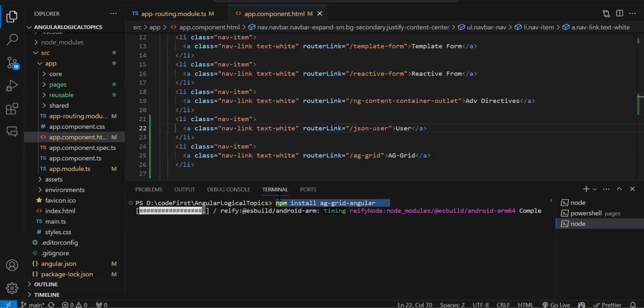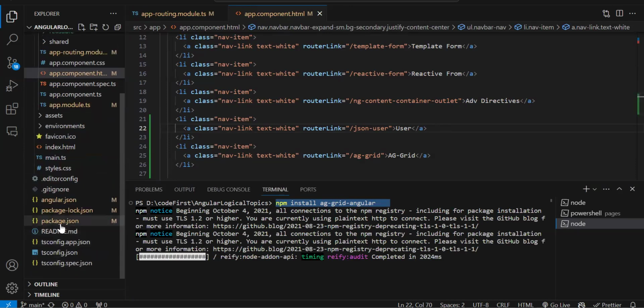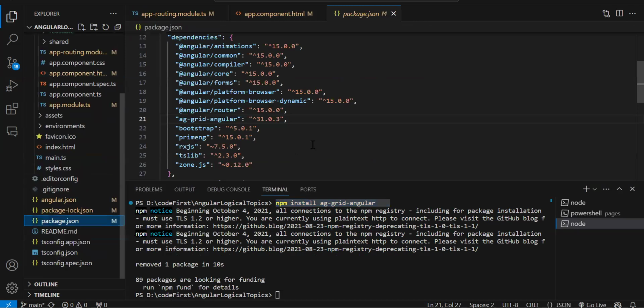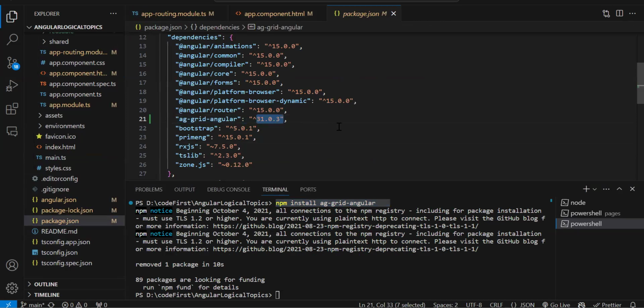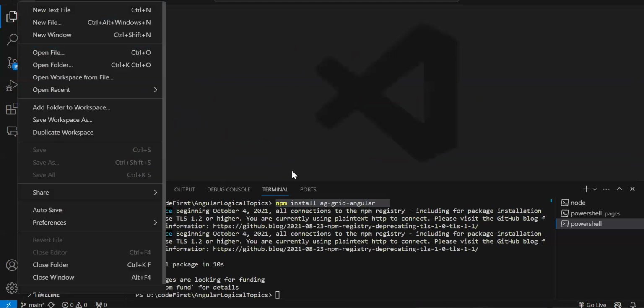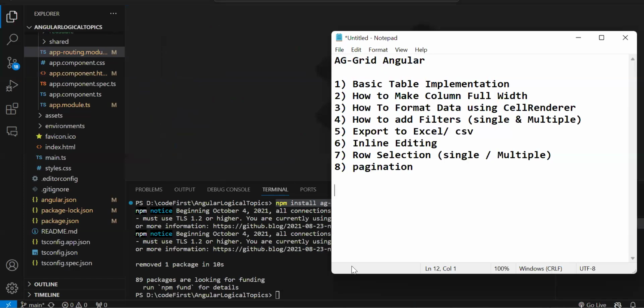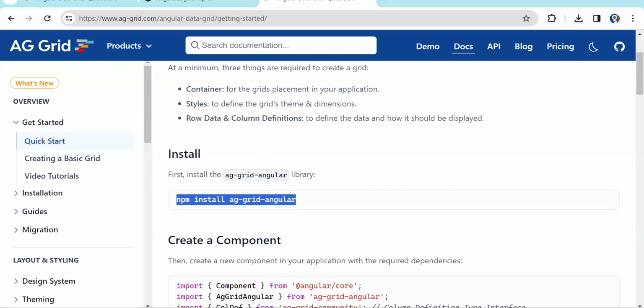Once this is installed, it will update the package.json. So it will add one entry to the package.json. So you can see ag-grid, whatever the latest version they have, 31.0.3. It is being installed. Now, let me just close it, everything. Once we do the installation, let me just add over here also. So this is the command